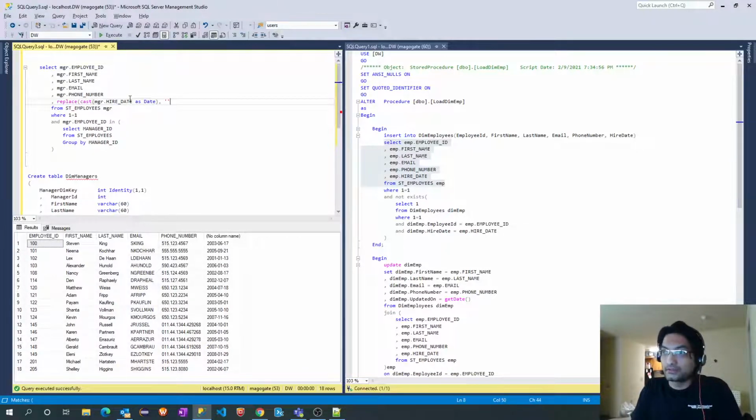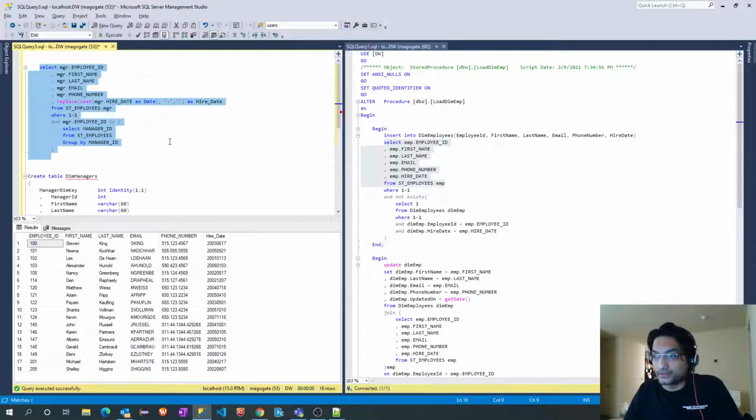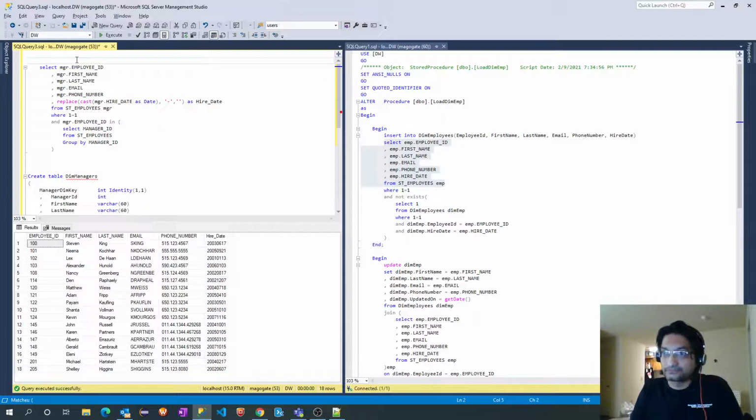Replace as hire date, and I will replace hyphen with null. Perfect. So this is the integer data type now, and I will call this insert into and insert into.